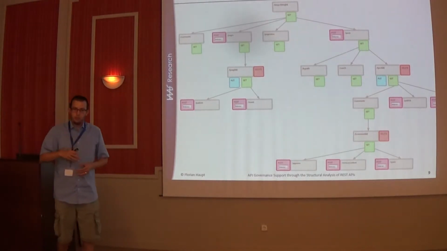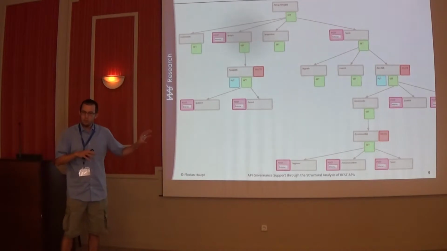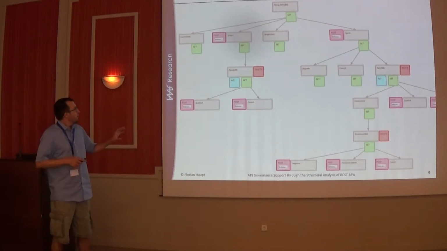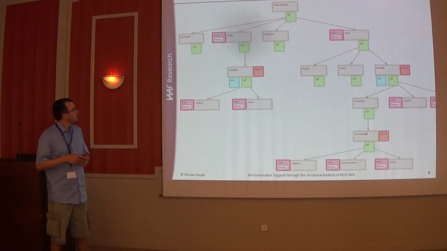And the visual notation that we will use in the rest of this talk is, as we've seen here, from a modeling tool that we developed. Basically, the gray boxes are the resources of the REST API, and the colored boxes are the methods that are supported by the resources. And the semantics here is basically that